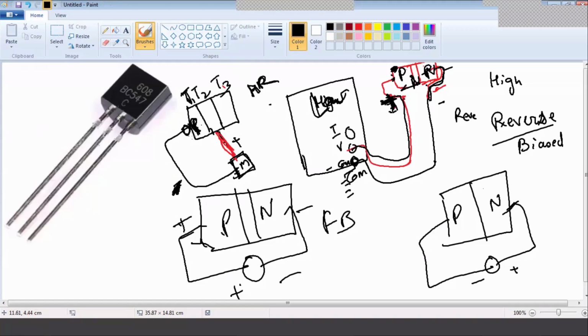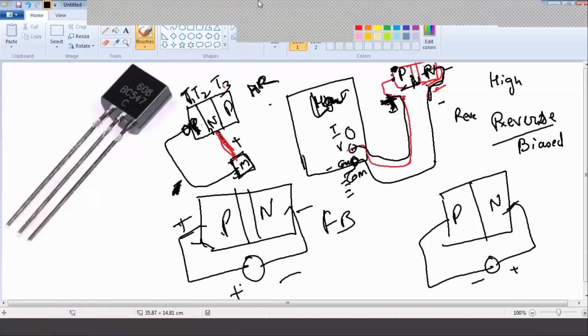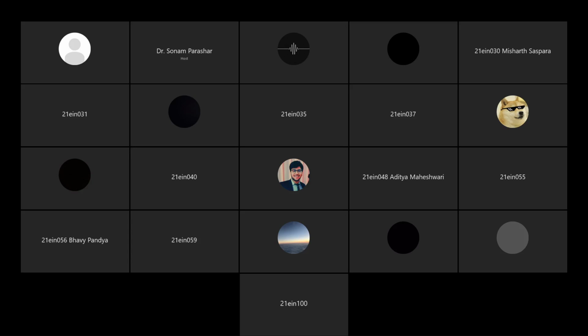हाँ मैम, T1 P होगा और T2 N होगा। हाँ तो ये PNP हो गया ना। समझ में आया? यस मैम। तो अभी दोबारा से वीडियो देख लो एक बार, अब समझ में आ जाना चाहिए, आई थिंक।